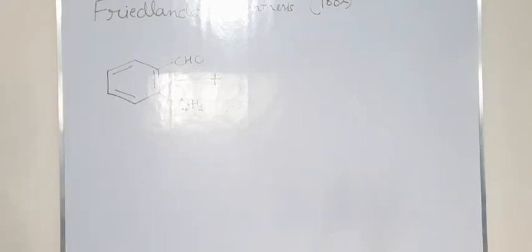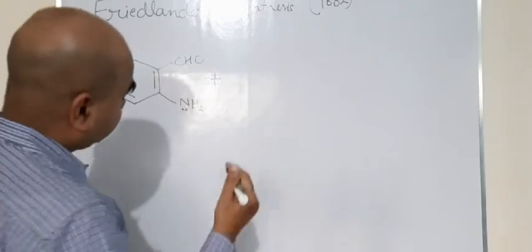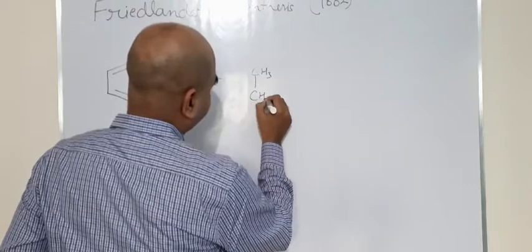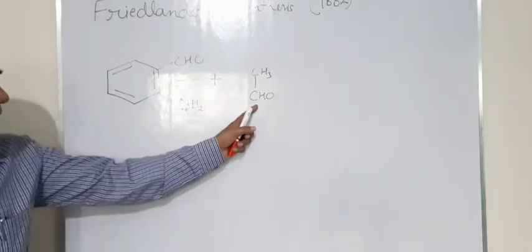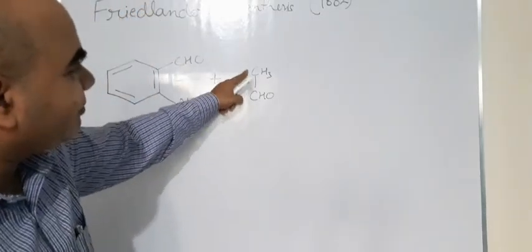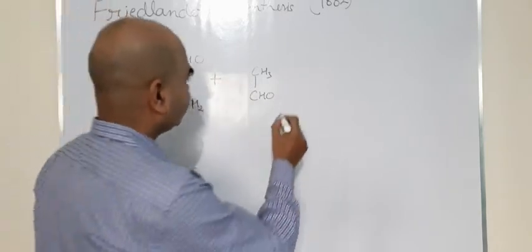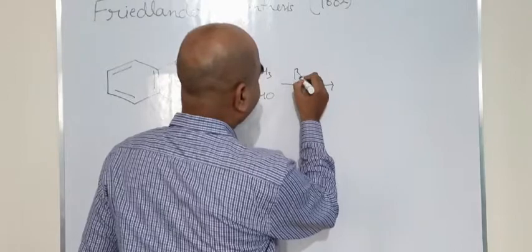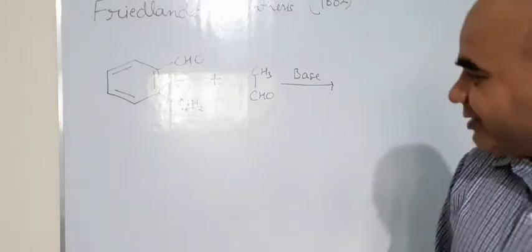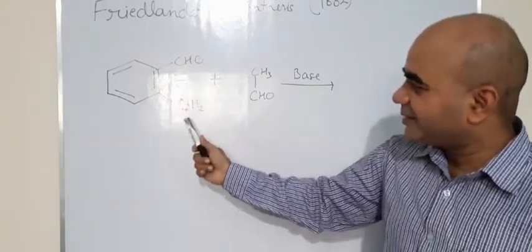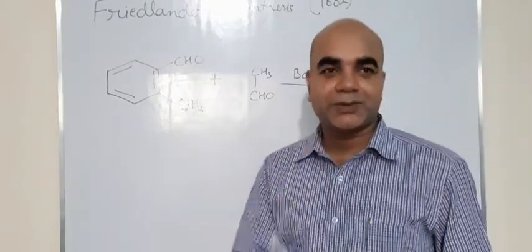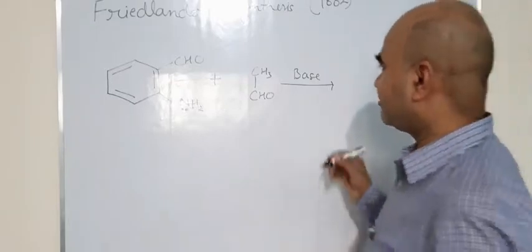The other reactant for this is a carbonyl compound which has an alpha proton, like CH3CHO. Okay, we have a carbonyl. This can be an aldehyde or ketone, and it must have an alpha carbon, and we need a strong base in this reaction. So one reactant is aminobenzaldehyde, one reactant is acetaldehyde, which has an alpha proton, and a strong base. Then we end up with